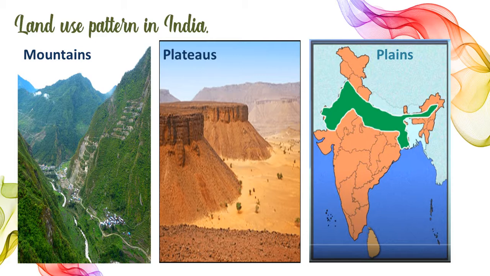Utility of land also varies with its nature or slope. Mountains are covered with forests. Plateaus are rich in minerals, but they are also useful for agriculture and settlements. Coming to plains, the northern Indian plains are used for agriculture and agro-based industries. In the coastal plains, we have cities, and in the delta areas, we have fertile lands.